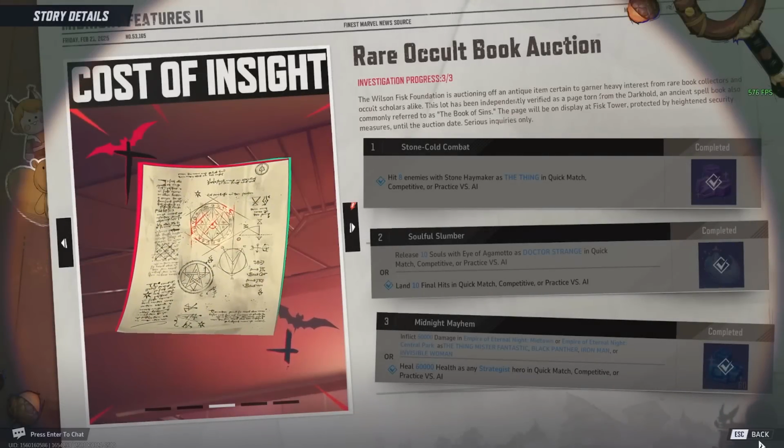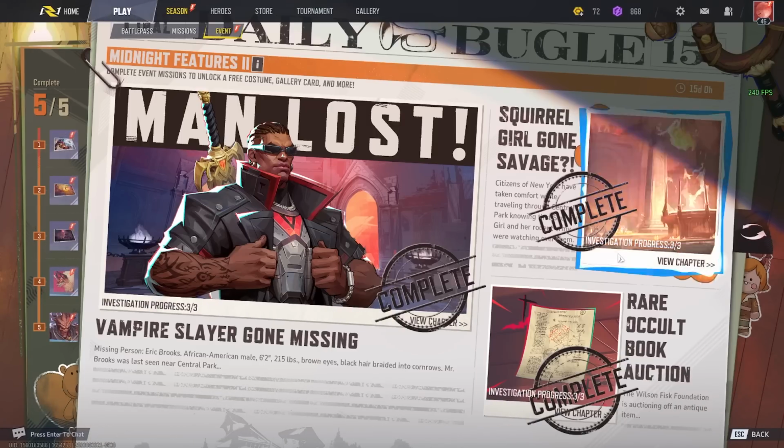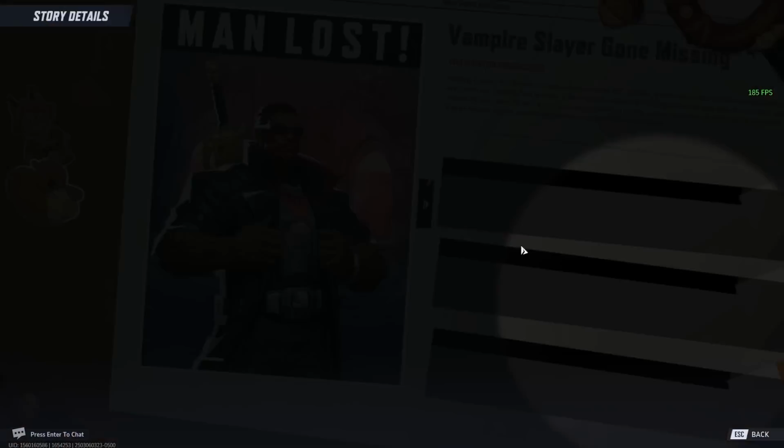But this is where more and more articles start to come in, and we learn about some of the background that's been missing during this event. First off, the Daily Bugle reports on Blade going missing once again, this time in their Vampire Slayer Gone Missing article, where it's reported,